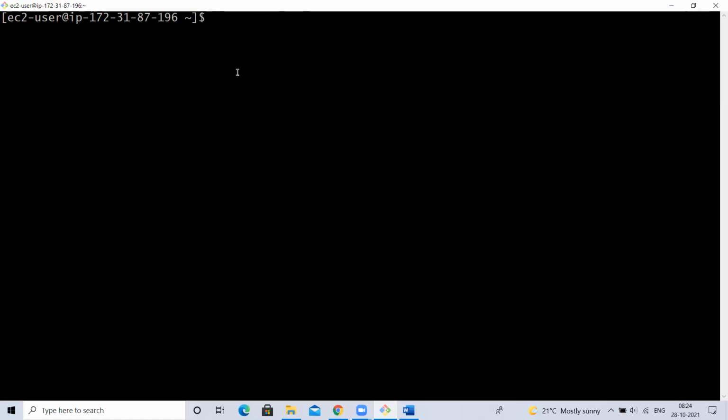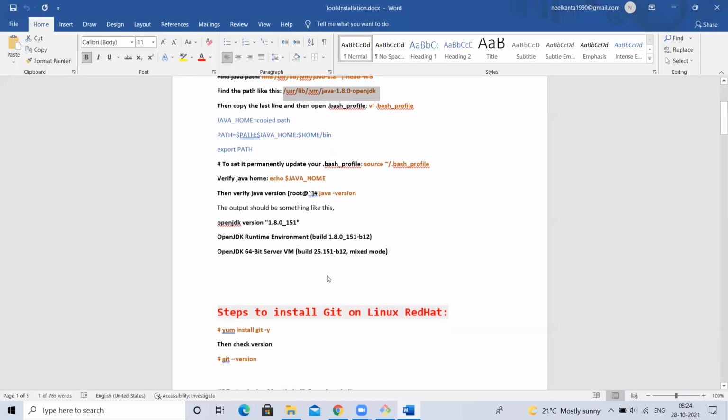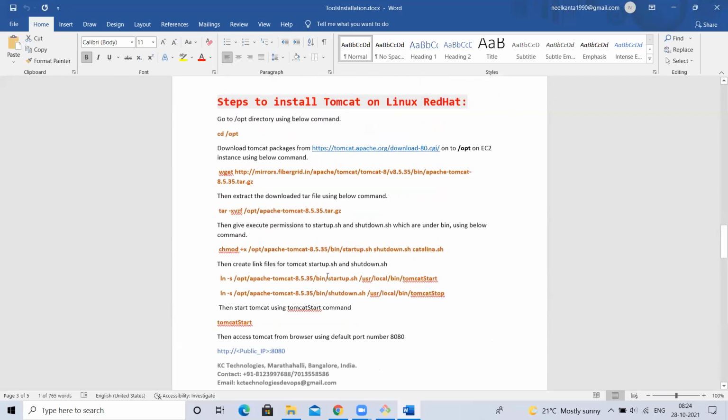That is not possible. That is what I said, right? Maven you have to configure. That is not available in the package manager. You attended yesterday's class? No, we can't do that. Everything will not be the same. Everything you cannot install with yum. Okay. Next, I have installed Java. I want to install Tomcat. Maven has to be configured, it is not an installable one.